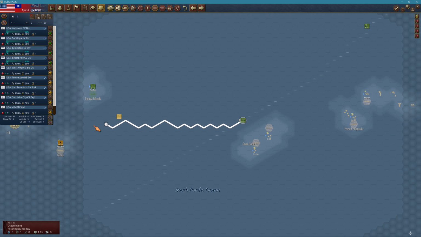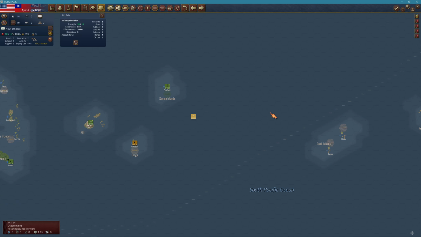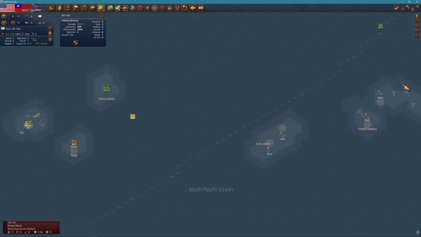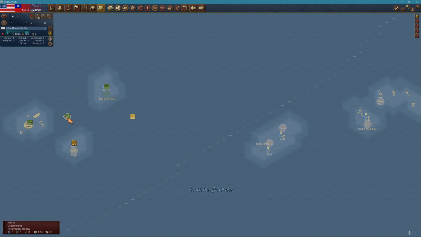No. Well, let's get them to Suva over here, get them restocked up. We're going to get this guy in here to, well, he won't make it. Suva, he'll get close. I have no air units. Oh, this sucks. Hopefully he won't come attack my CV. The Hornet may get torpedoed,